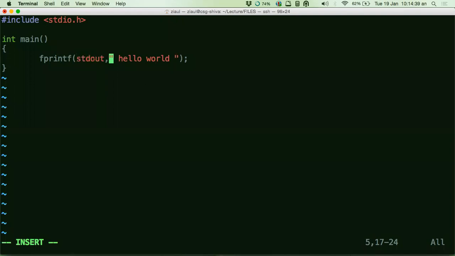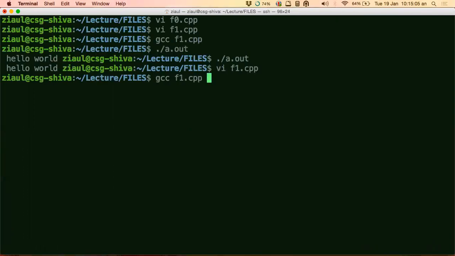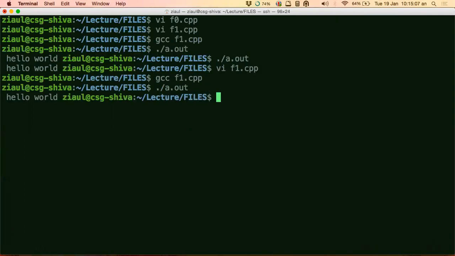Actually, this entire thing is a number. But since it's in the form of a macro, which is inside stdio.h, we just write it out like this. So now when I say stdout, whatever hello world string you have written will go to stdout. That is your standard output, which is the file ID linked to your monitor or your output device. Now you will get the same output. Is this point clear, guys?